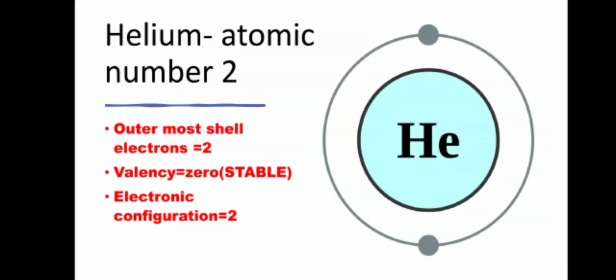In the case of helium, the atomic number is 2. It is in the K shell, and the K shell can accommodate 2 electrons, then they will be stable, as I told. So in this case there is no need of showing the octet configuration; the shell can accommodate only 2 electrons. So they are stable, and valency is 0. This is one of the exception cases. Valency is 0 because they are stable in the K shell. 2 electrons are required, 2 electrons are here. So the electronic configuration is 2, and the valency is 0 because they are stable.